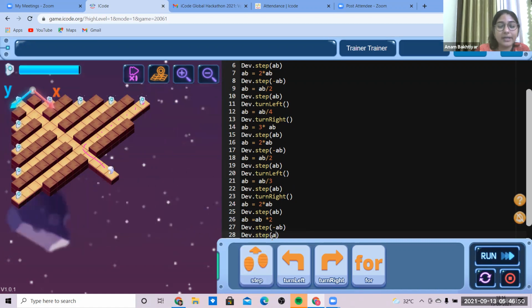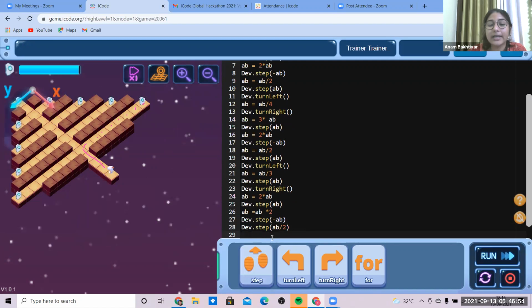Now AB divided by 2. Either I can go for it like that. But this time, AB is already what? We had not set AB to anything. We had just divided the number of steps of AB. We have not initialized it. We had not stored a value in AB. So we are just putting half of the steps, then turning rightward.